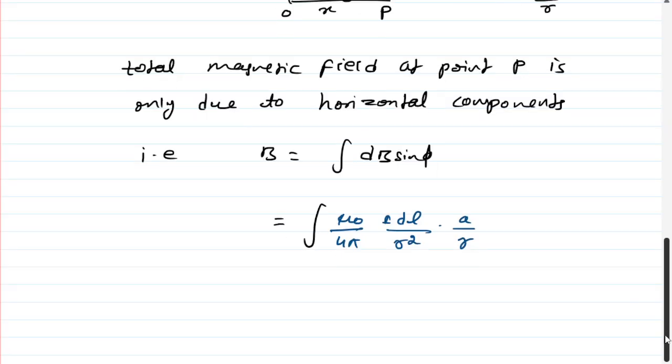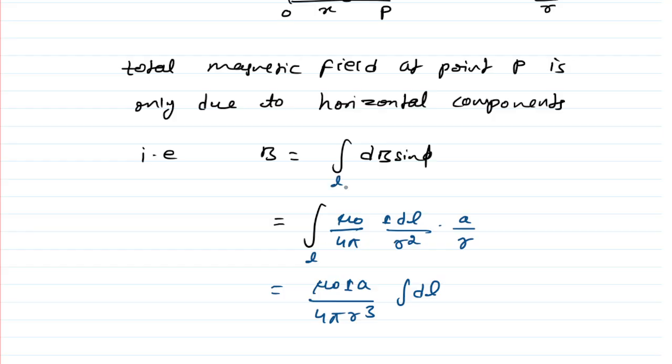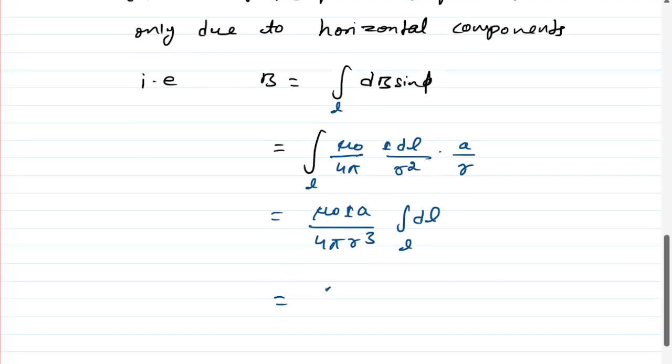So r square into r will become r cube. The constant term mu naught I a upon 4 pi r cube we are taking out of the integration, and this integration is performed along this loop. So if you add all the dl elements, it will become